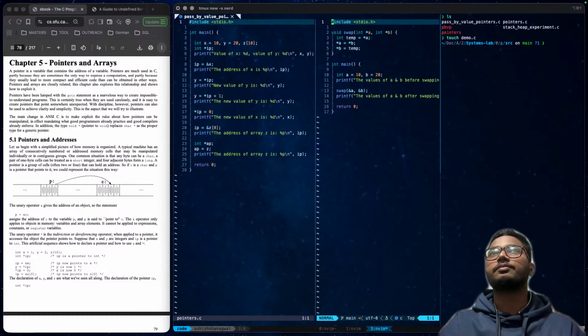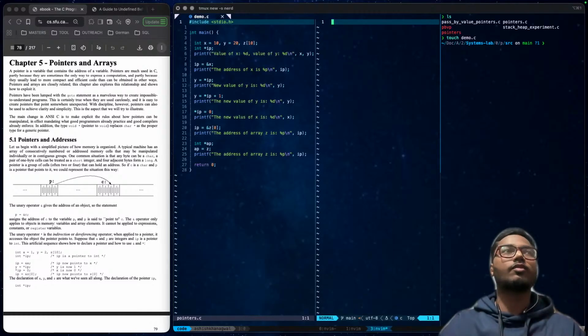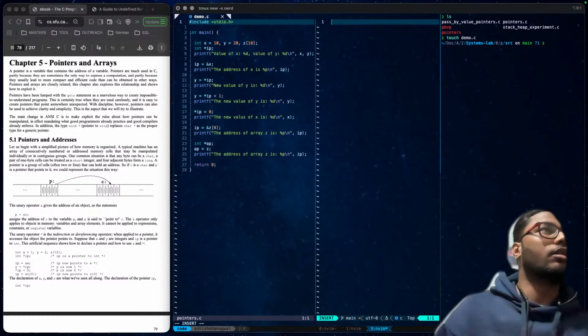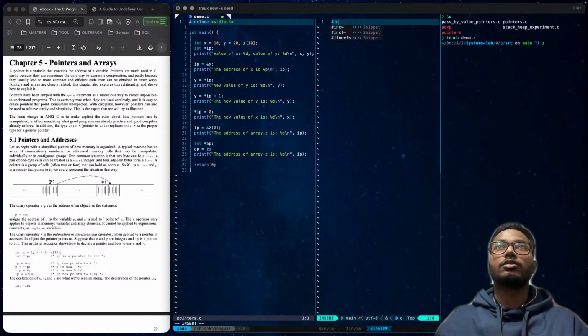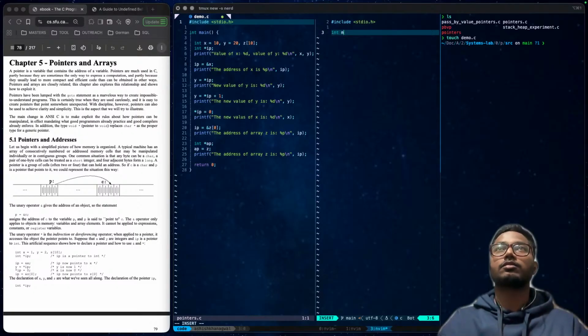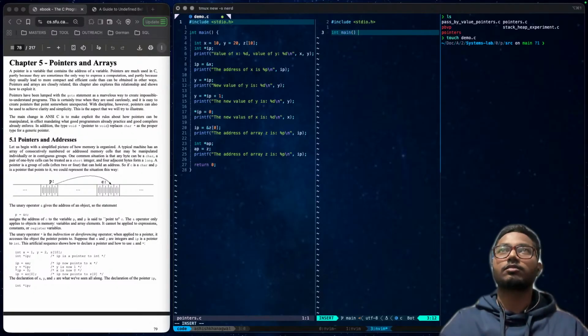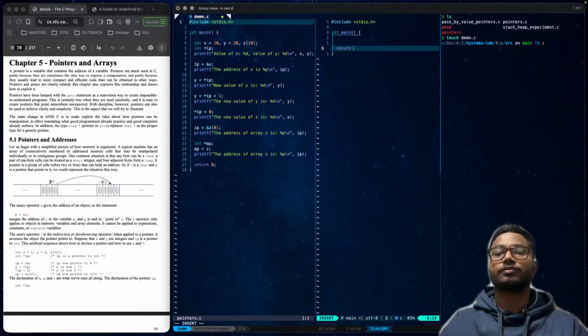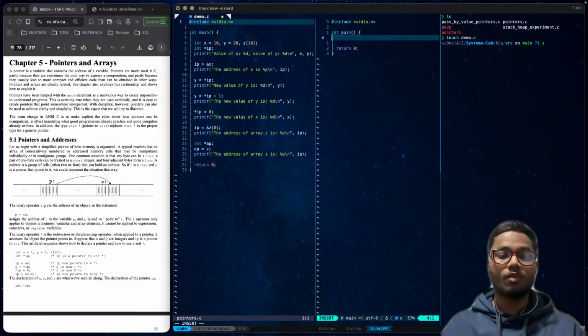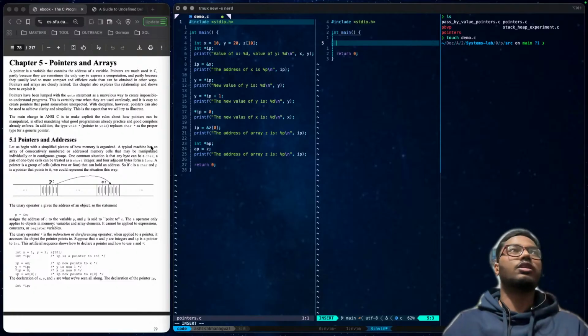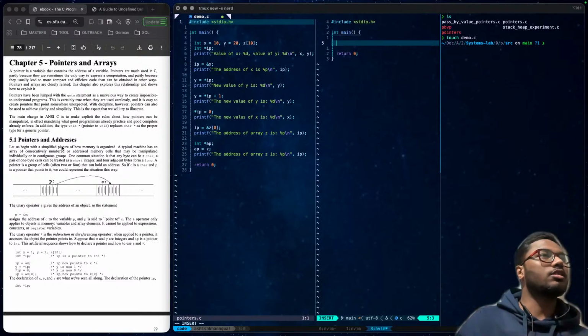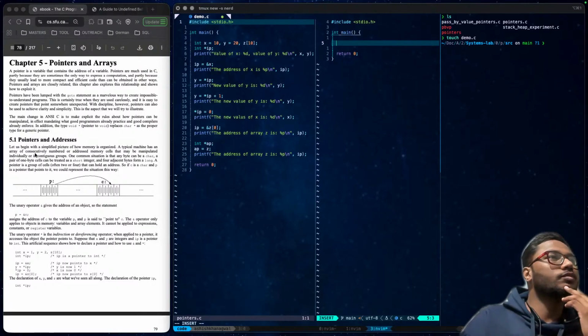Now just look at this example. You will be able to understand what passing by value actually means here.